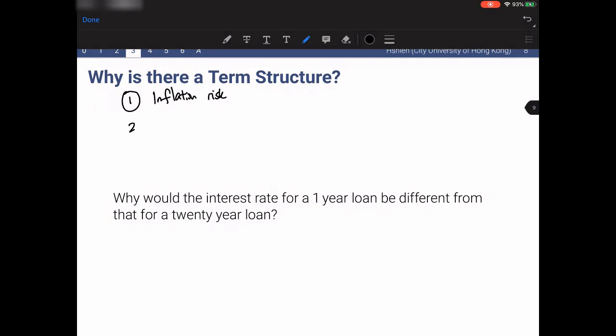Number two is possibly that you may get a non-flat term structure because you may have different liquidity demand and supply for different investment horizons. So I'm going to write liquidity risk. Let me give you a concrete example. Suppose